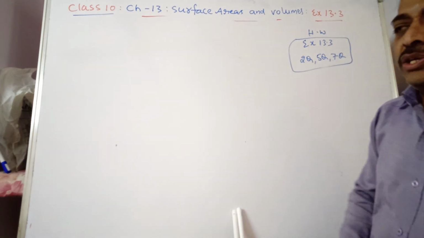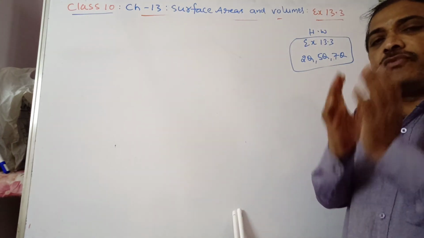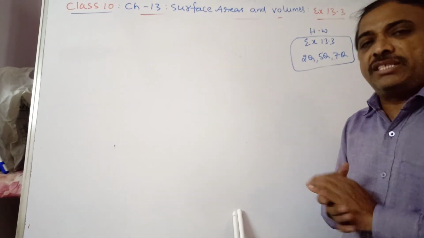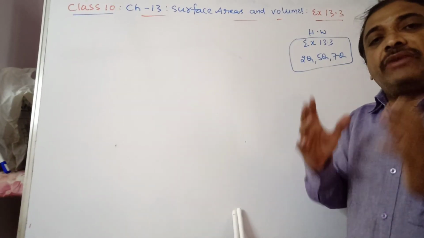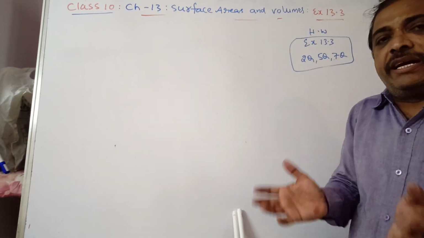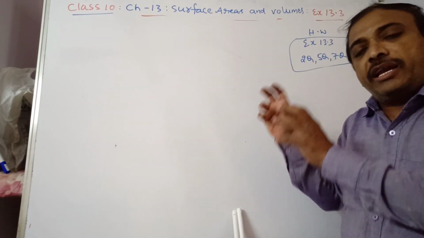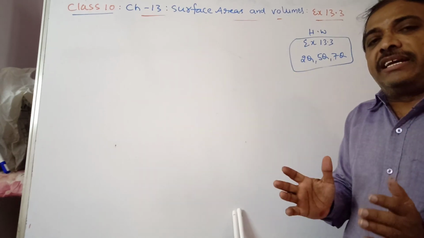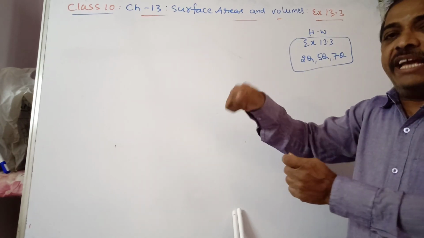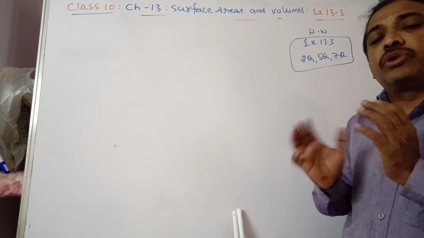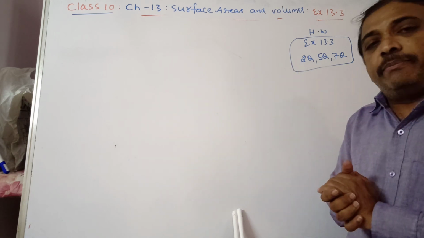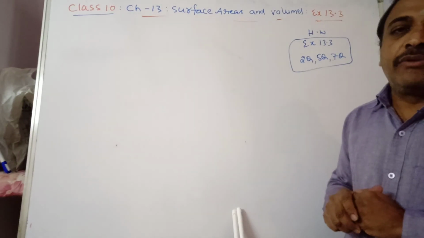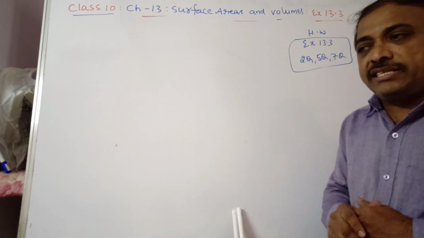So I hope you understood. When converting from one solid to exactly another solid, the volume of this object is equal to the volume of the other object. When converting a bigger sphere into smaller spheres or smaller cubes, or pouring ice cream from a big cylindrical pot to supply it to conical shapes, then you have to divide the volume of the bigger by the volume of the smaller one, then you will get the number of objects required. So I hope you understood today's discussion.